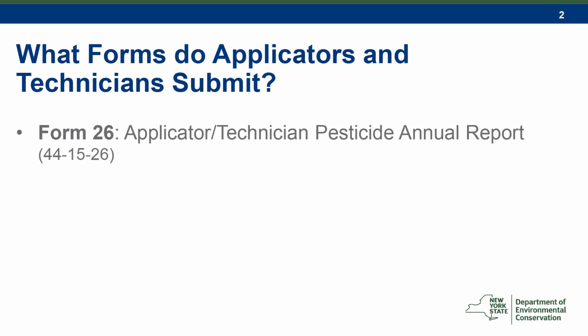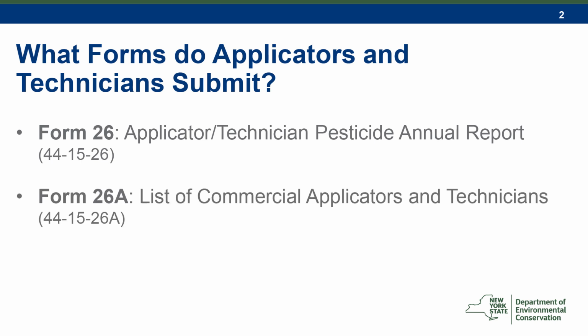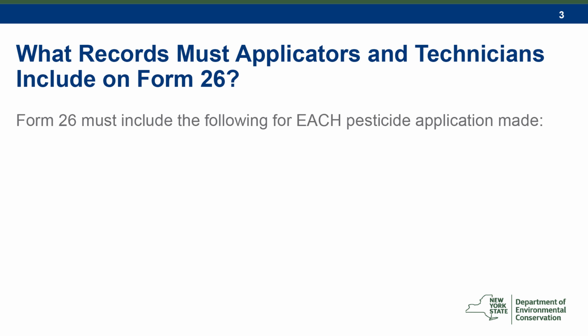First is Form 26, or the Applicator Technician Pesticide Annual Report, and second is Form 26A, or the List of Commercial Applicators and Technicians. We will go over which of these forms to submit for the annual report later on in this video. Using Form 26, applicators and technicians are required to report the following information for each pesticide application